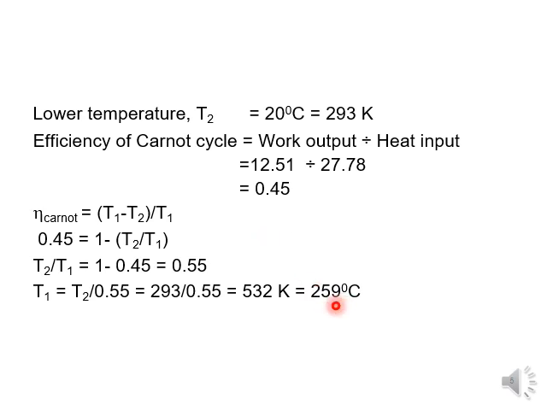In this problem, the main important thing is the conversion. We have to convert the horsepower into kilojoule per second and the megajoule per hour into kilojoule per second. After that, we all know the formulas of the Carnot efficiency, the work output and the heat input. So simply substituting all the values given in the data into the efficiency of the Carnot cycle, we will get the efficiency and maximum temperature also. Maximum temperature is 259 degrees centigrade. Efficiency is 45 percentage. So next problem.